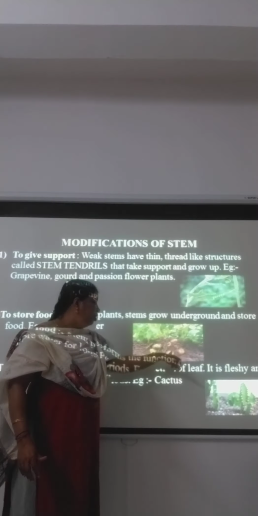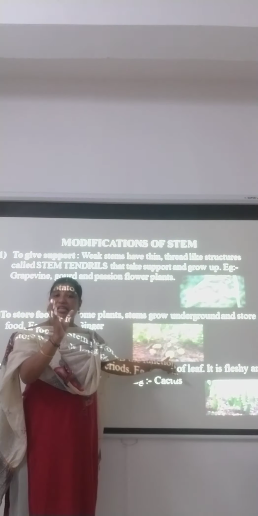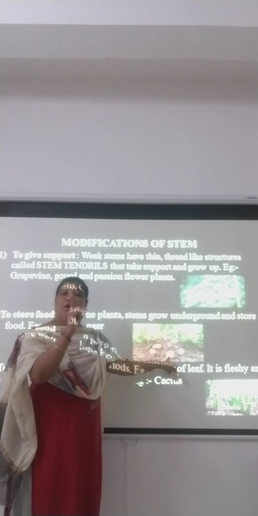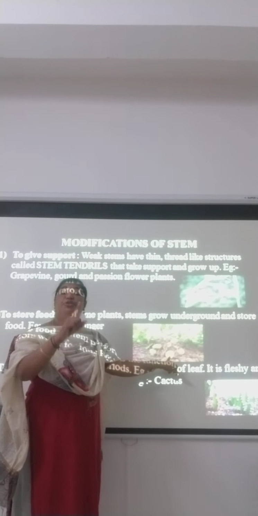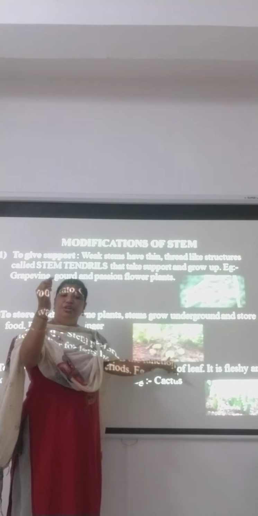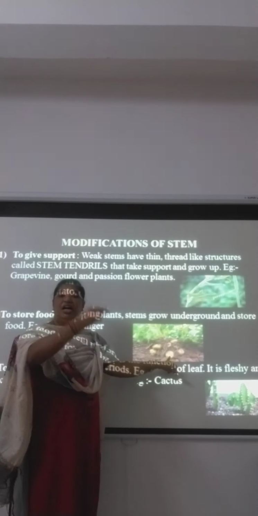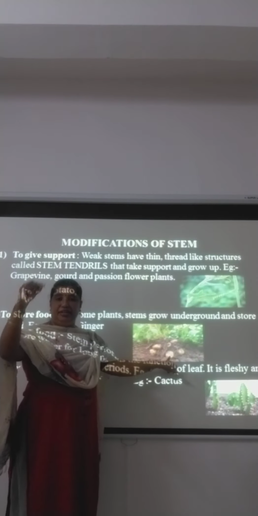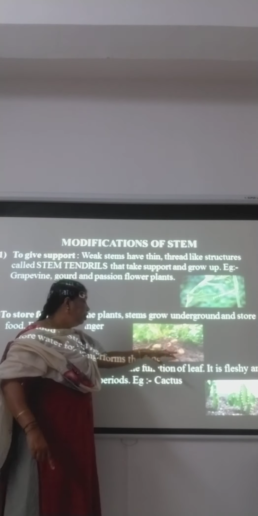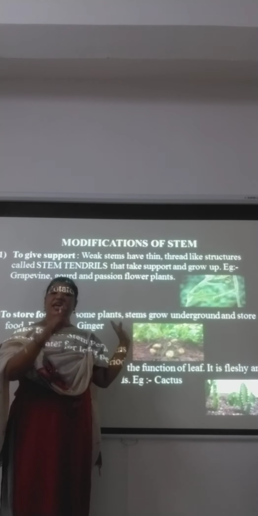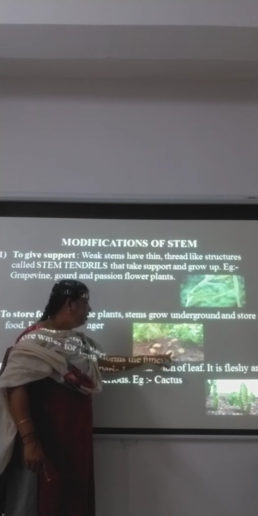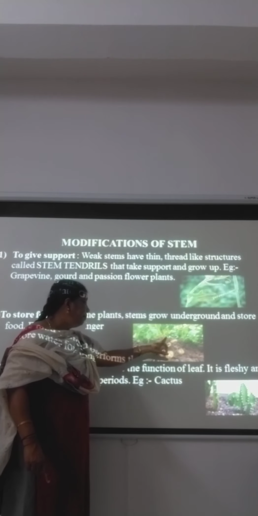Now, on this you cannot have the roots. Can you see some roots in a potato, children? No, it is a stem modification. But if you take a carrot, okay, or if you pull the carrot out, you can see small roots which are coming from the carrot vegetable. That is a root modification. But potato and ginger, they are stem modified plants. You cannot find roots here. The root is present separately.